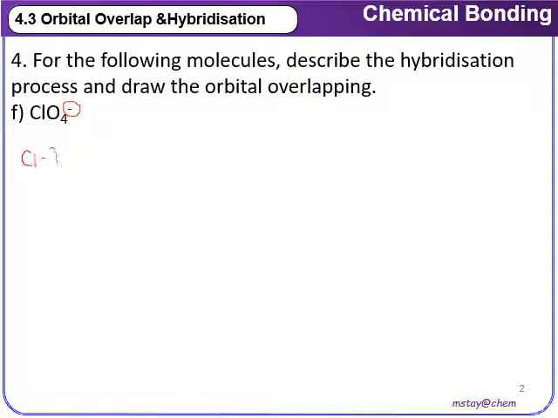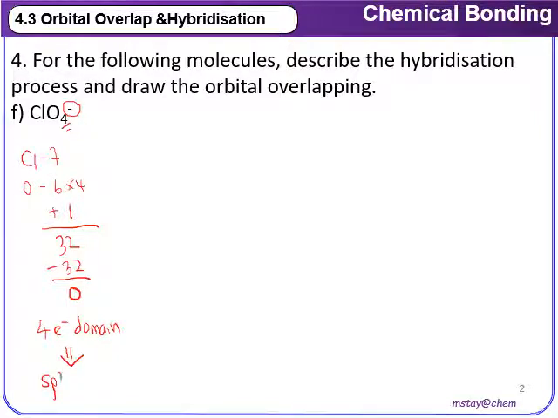Chlorine has 7 valence electrons, oxygen has 6 times 4, so the total is 31, and the negative charge means gaining 1 electron, so the total is 32 electrons. With 4 terminal atoms, 4 times 8 is 32, so there are no extra electrons. Altogether there are 4 electron domains, so the hybridization is sp3,